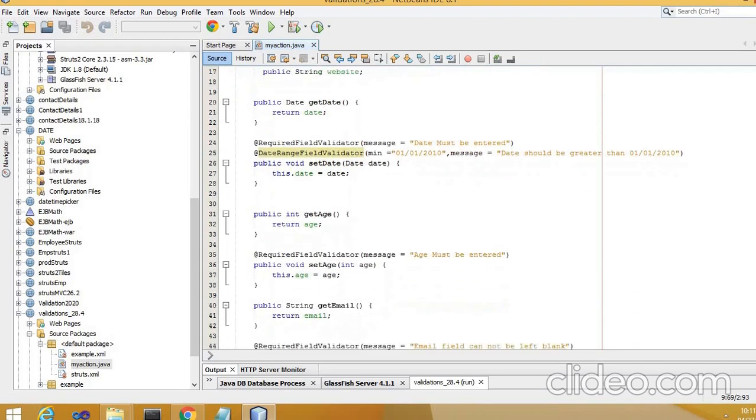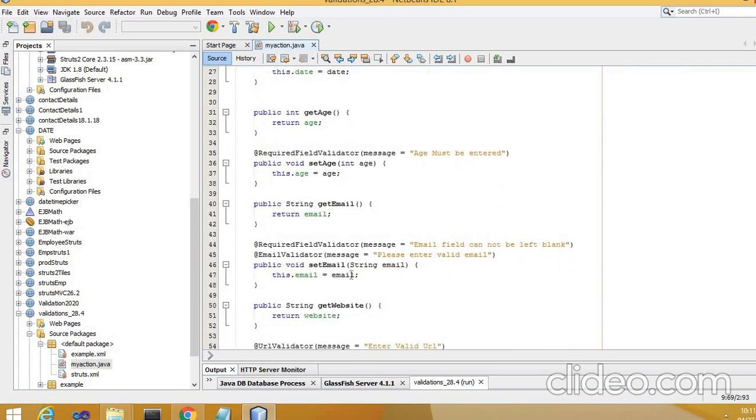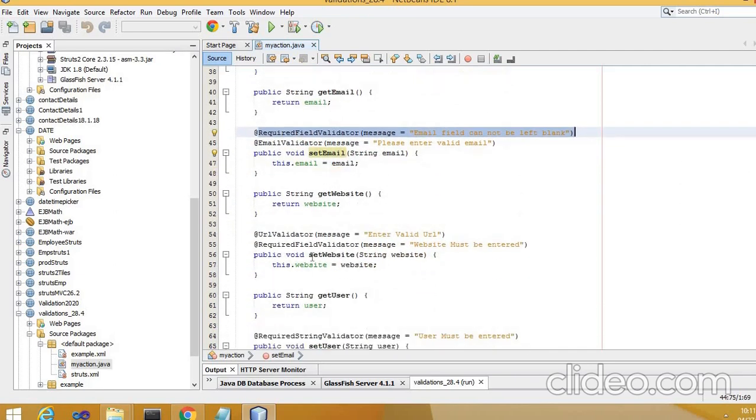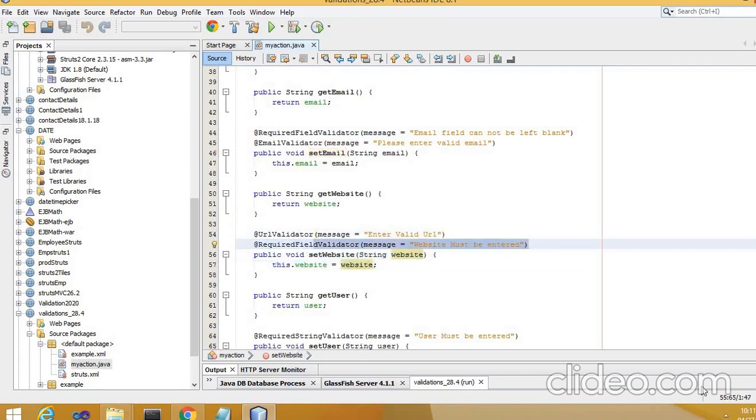After this I have given the set age, required field validator, age must be entered, and then you can see here set email validator I have given, and it should not be left blank. The email field should not be left blank. And then the set website, required field validator, website must be entered.